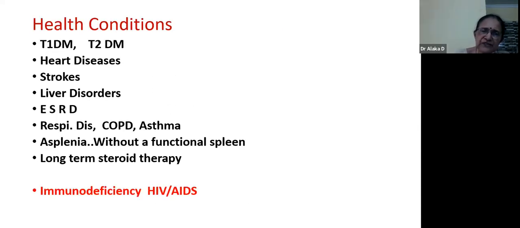Now, as family physicians, you must be getting a large number of cases with these conditions. And therefore, what are these health conditions which need adult immunization? That is type 1 diabetes, type 2 diabetes. These are all immune compromising conditions. Heart diseases, strokes, liver disorders, particularly cirrhotics, end-stage renal disease, respiratory diseases, COPD, asthma,